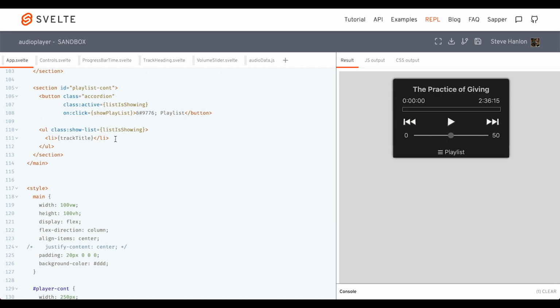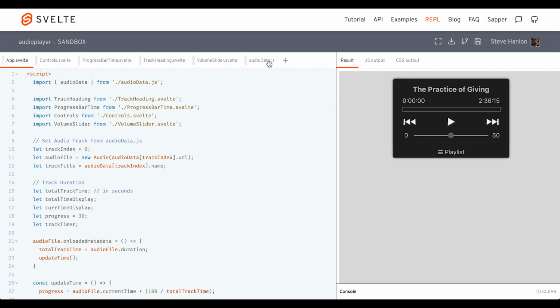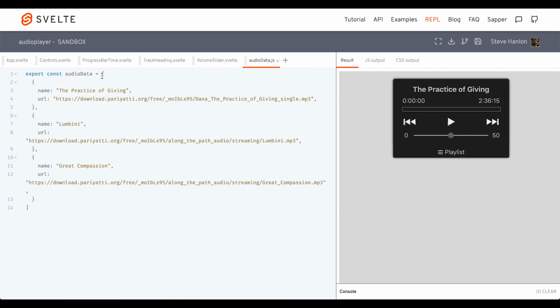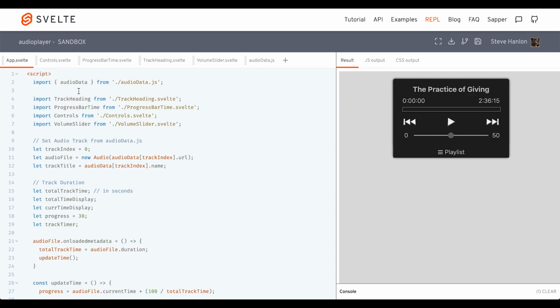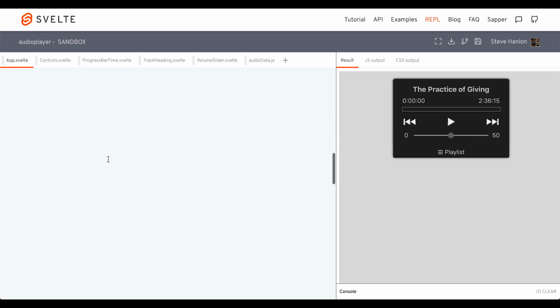Now let's deal with the track list itself, the playlist itself. We have one value hard-coded in there right now using track title. But what we really want to use are the entries that we have in our array here. We've got 3 of them. This is known as audioData, which we've exported and imported up here at the top. So let's come down here